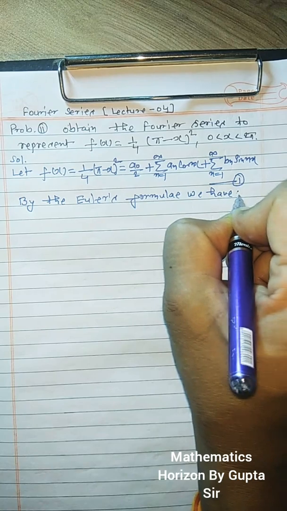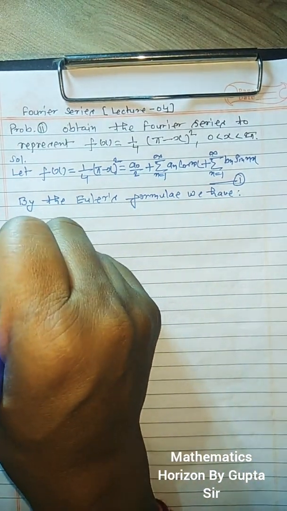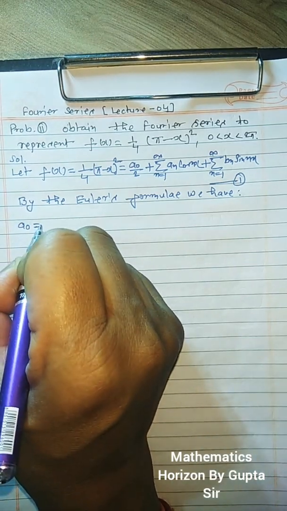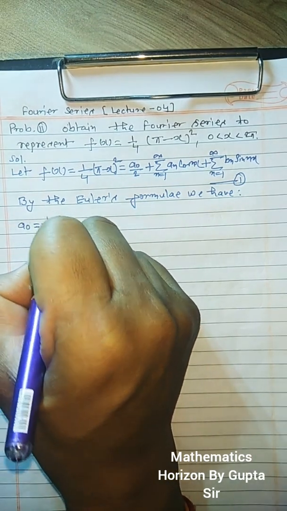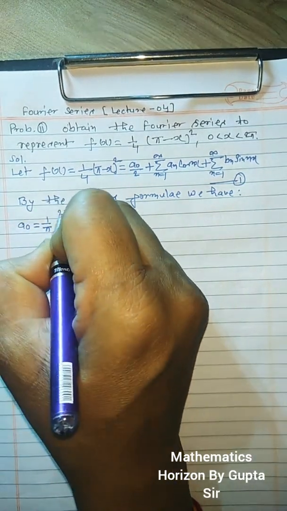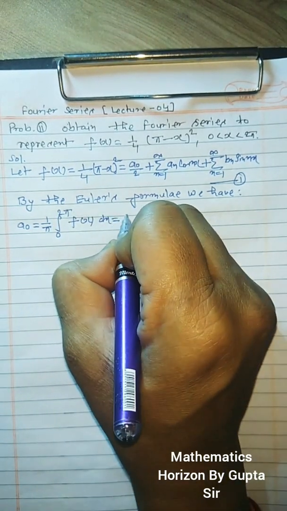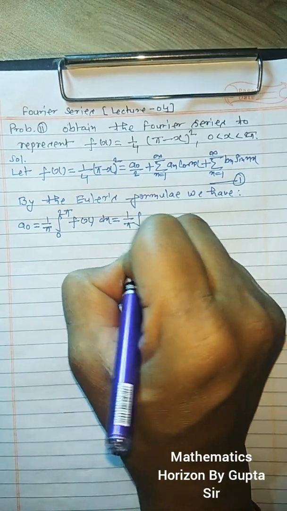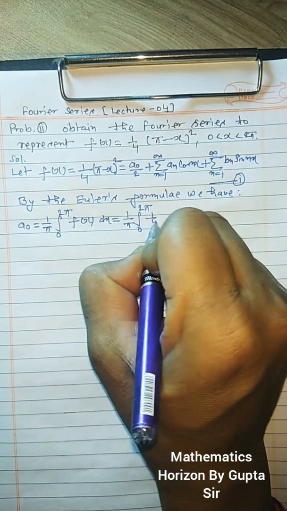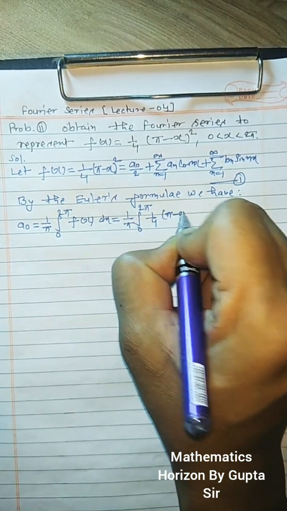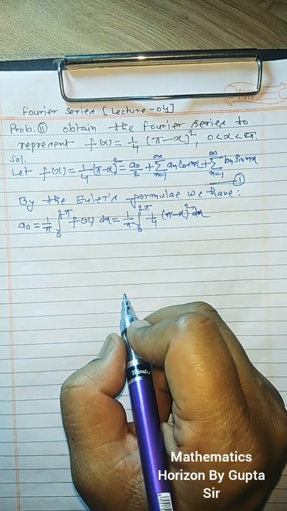We have, by the Euler's formula, a0 is equal to 1 upon pi integral 0 to 2 pi f of x dx, that is 1 upon pi integral 0 to 2 pi, and here f(x) is equal to 1 upon 4 (pi minus x) whole square dx, that is,